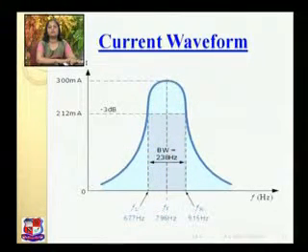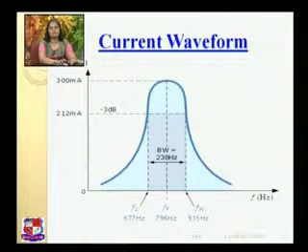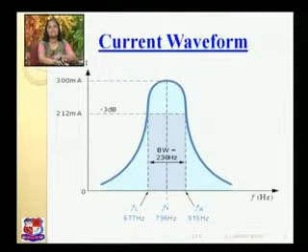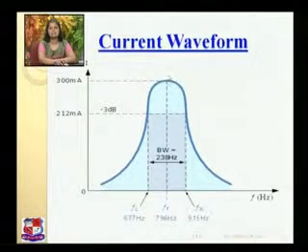Now this is the current waveform according to our calculation. In the x-axis there is frequency and on the y-axis current is there. As we calculated, this is FR, this is FL and this is FH. This is the point of minus 3 dB, first and second, and this is the point at which you are having the maximum current, I max. According to calculation, our I max is 300 milliampere. So here it is 300 milliampere.